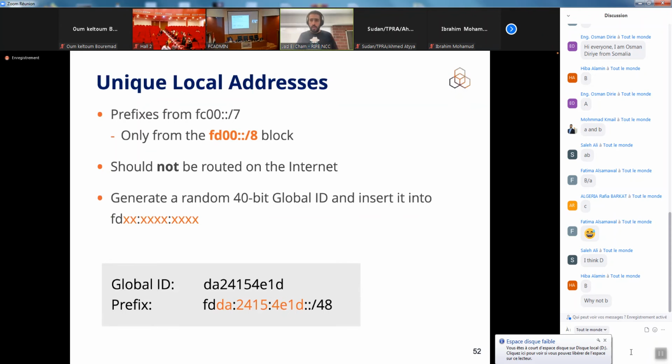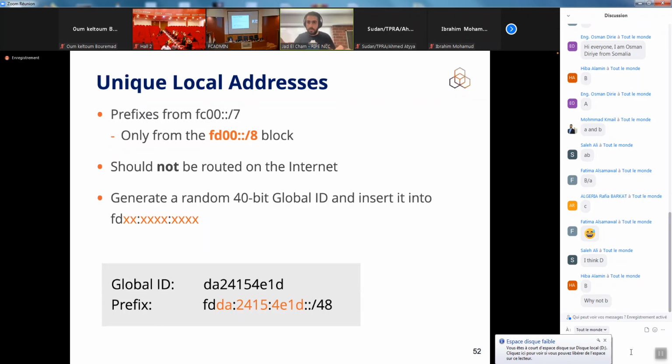All right. Now, let's talk a little bit about the unique local addresses. These are similar to the private addresses that you have in IPv4. In IPv6, there's a certain prefix, FC00::/7, that is dedicated for private IP addresses. They are called ULAs, unique local addresses. Practically, we take this /7, divide it in two pieces, and you take one of these pieces,